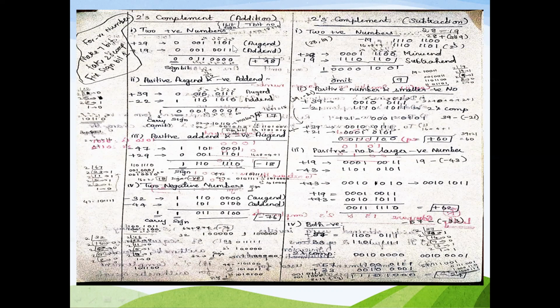But I said earlier that we want to represent the number with 7 bits. Hence I am appending 2 extra zeros on the leftmost side. Since it is a positive number, the sign bit is 0. Similarly, 19 can be represented as 10011. Here I want to represent it with 7 bits, hence I am appending 2 zeros on the left side. Since it is a positive number, I have the sign bit as 0.